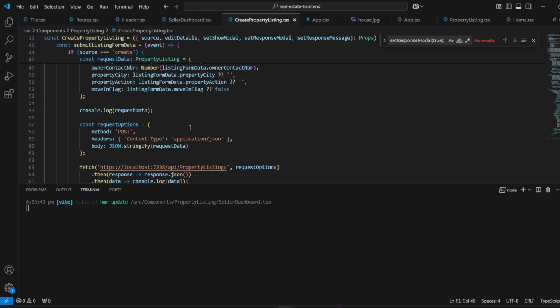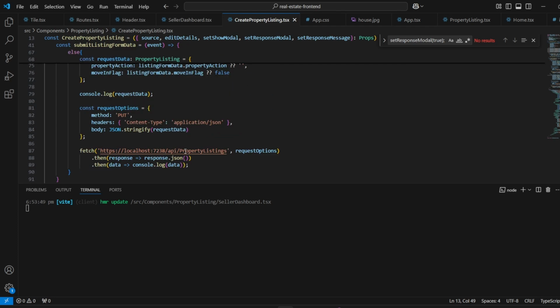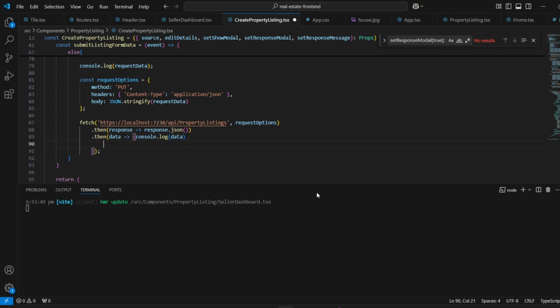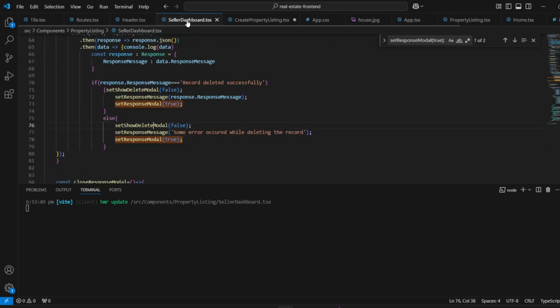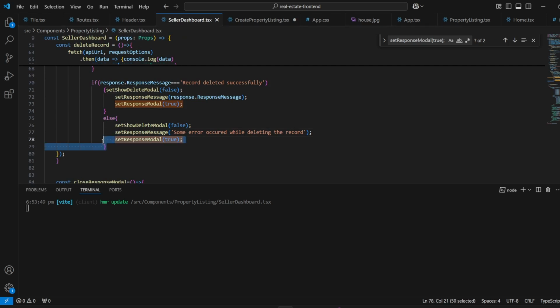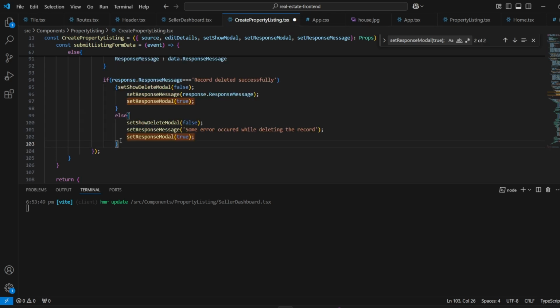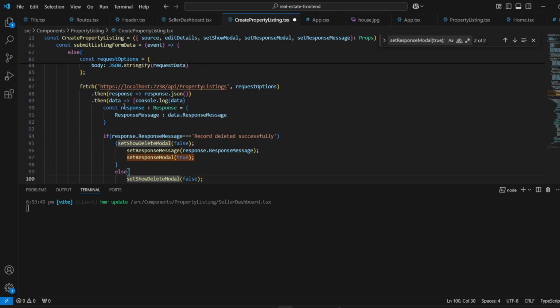And now when we are doing the edit operation by calling the API, at that time we want to make the changes once we receive the response. So this is similar to the delete response that we have implemented. So I'll take the code from here and just use it over here. Once we receive the response, we are checking if the response message is comparable to